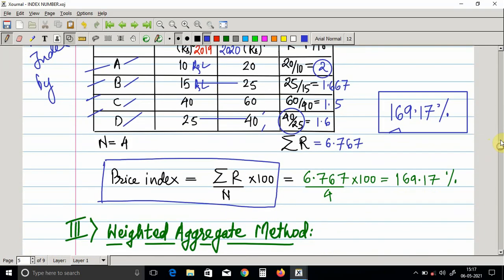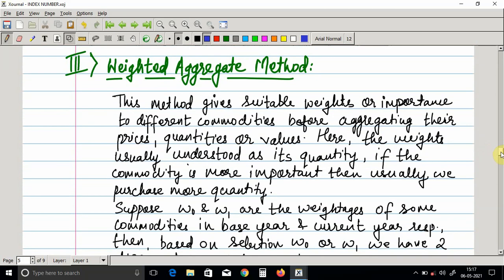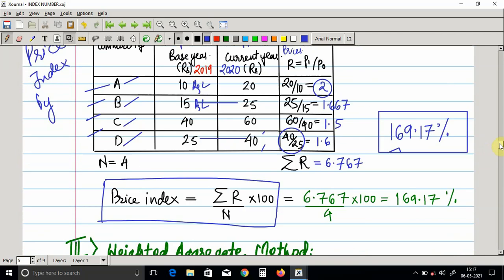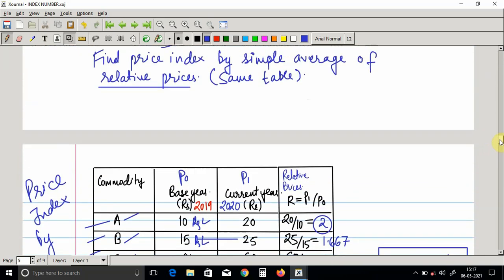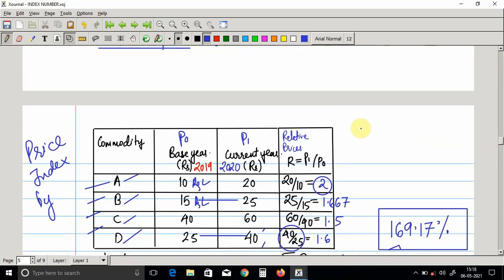Okay, so good thing is it is taking care of every value. Bad thing is same thing, it is taking care of every value. जो same point अच्छा है वही बुरा है at the same time. अगर उसमें कहीं outlier आ गया तो तुम्हारा price index number will be biased. It will be shifted towards that big value. Now weighted aggregate method. Before going to that, you must know this formula also.